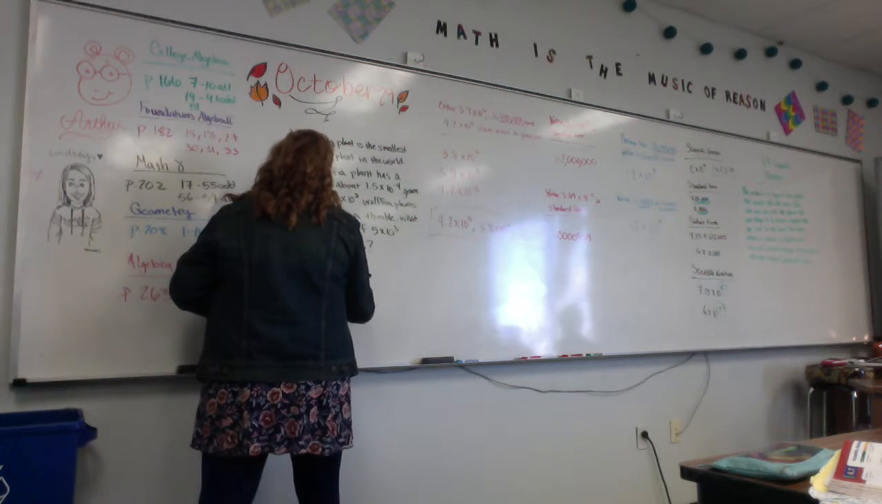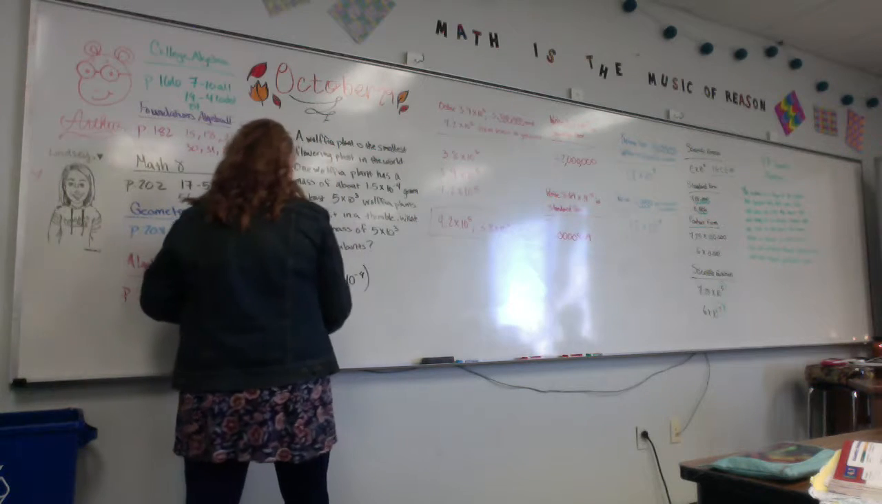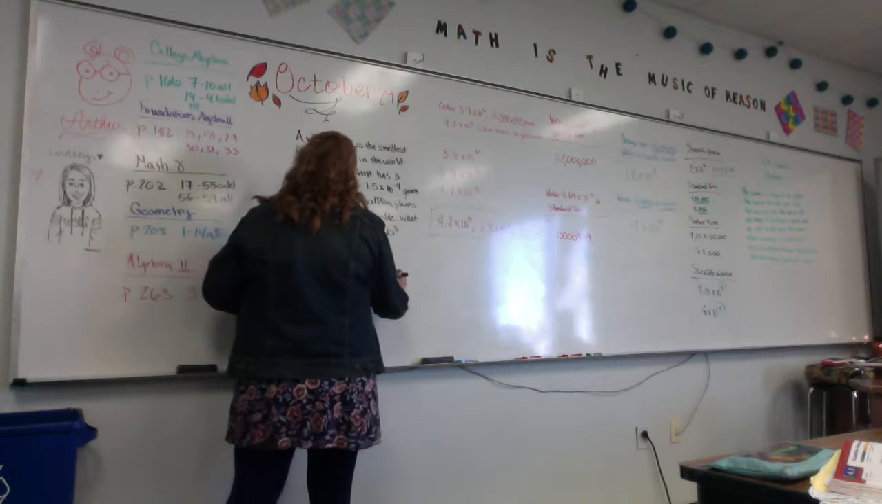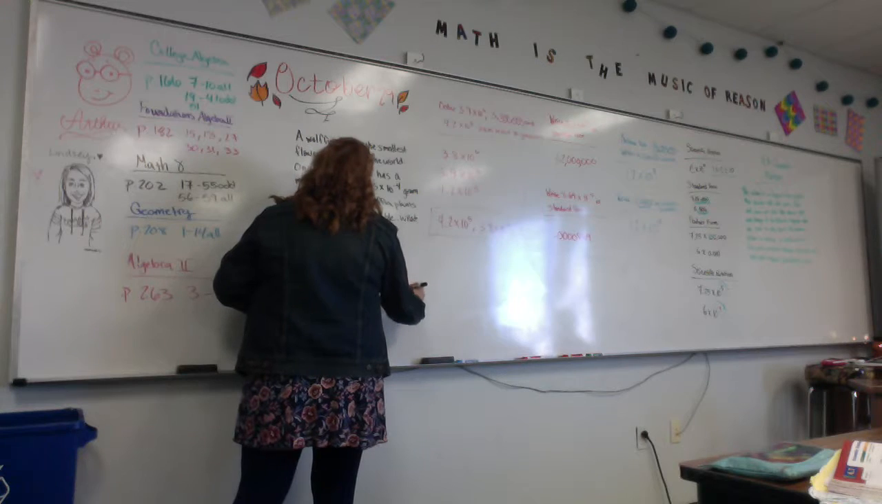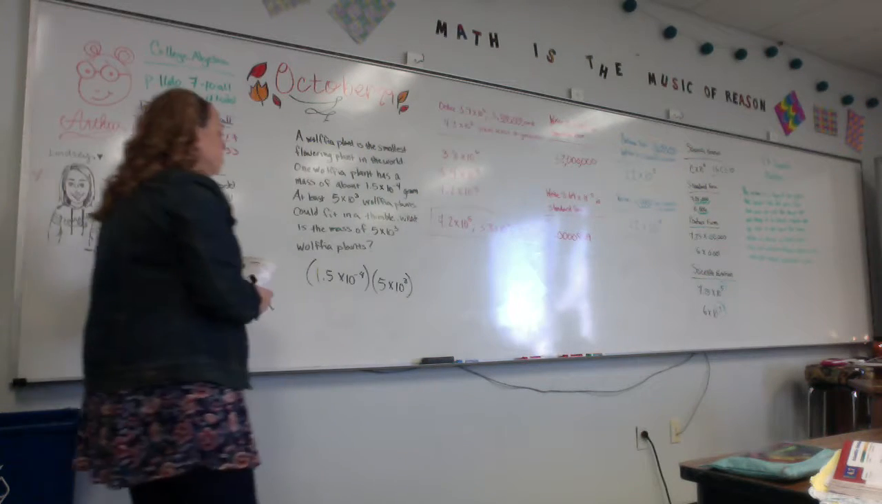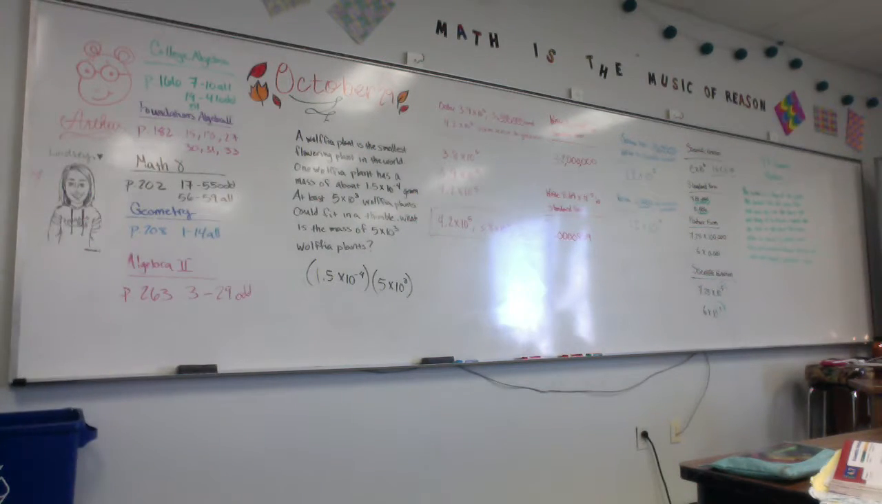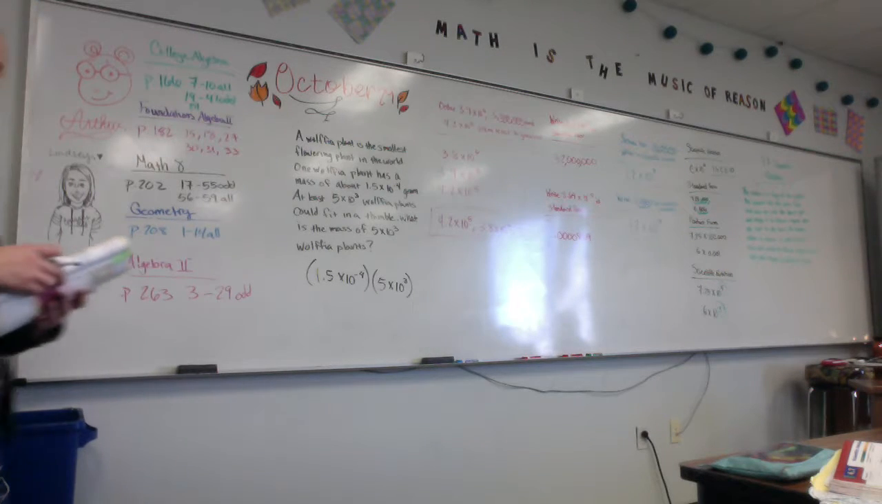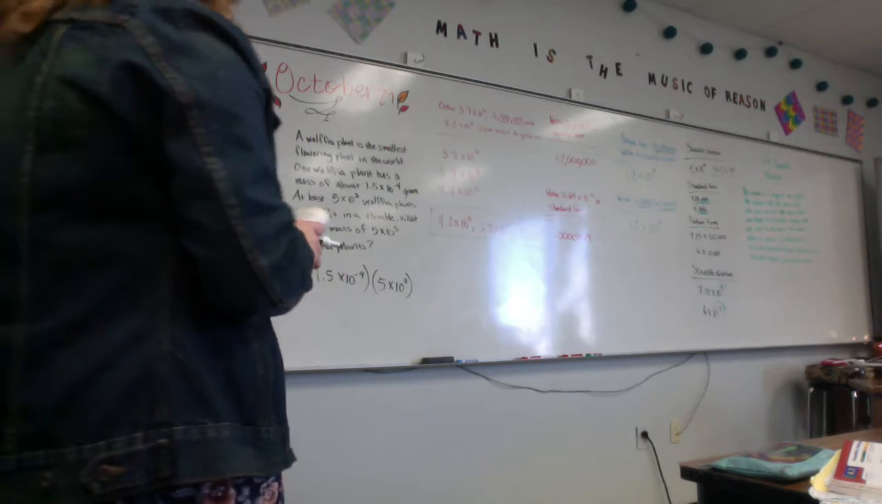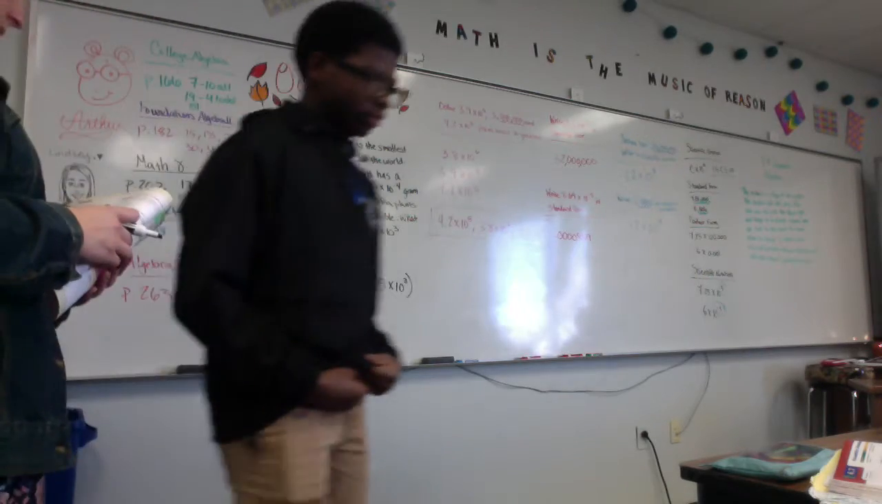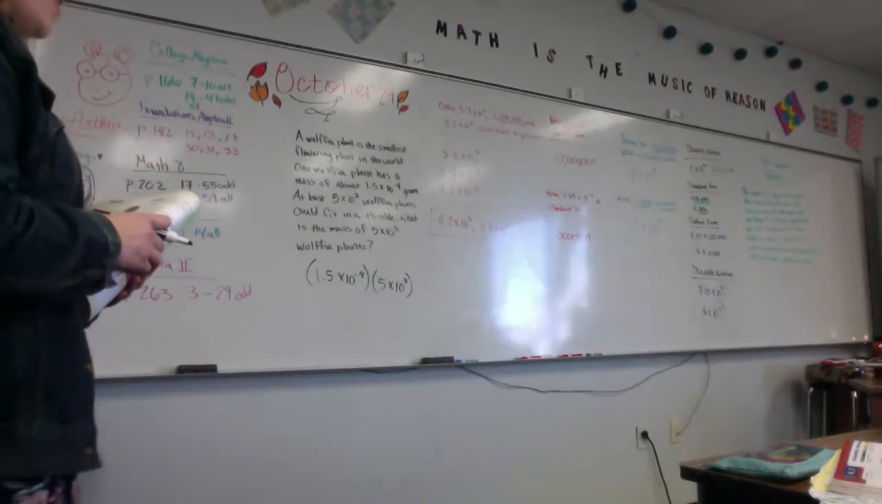So I'm going to take 1.5 times 10 to the negative 4th and I'm multiplying it by 5 times 10 cubed, because I'm trying to figure out the mass. And the mass is the mass of the plant times the number of plants. If I do that,